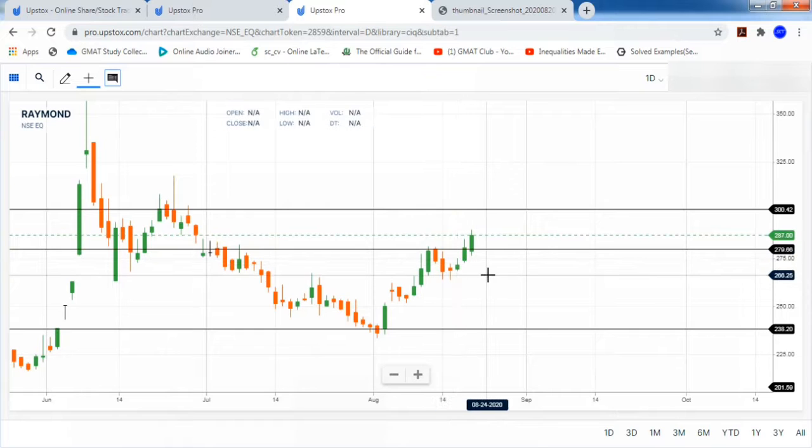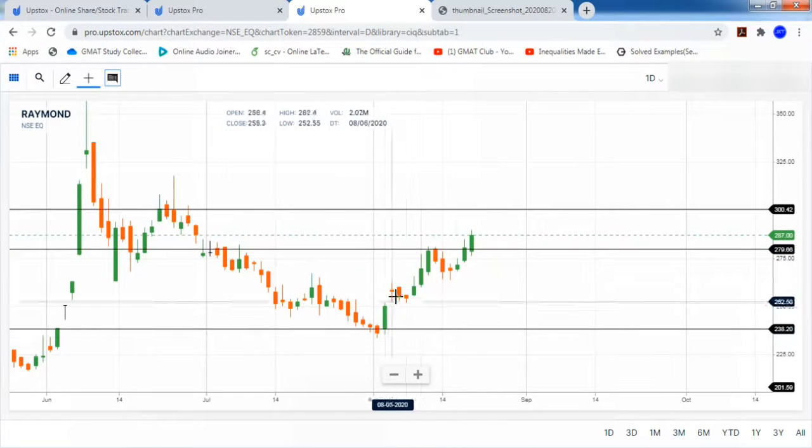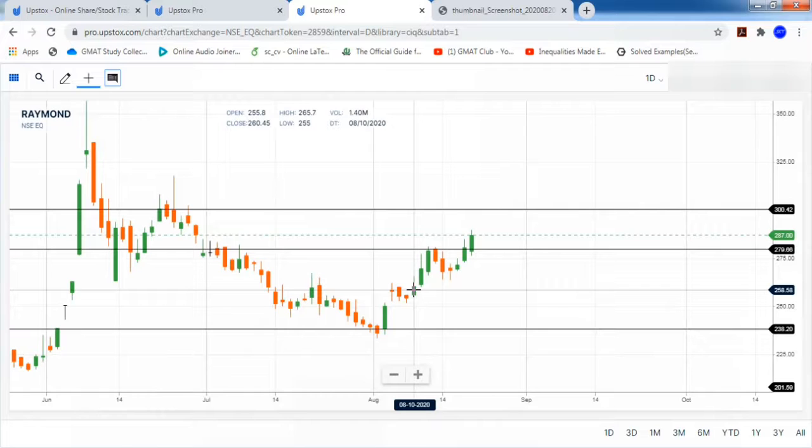My agenda is always the same. We need to get 10% from the stock, and whenever I hit the target, whenever I get my 10%, I exit from the stock, that too if it is at the resistance level. If it is below the resistance level and 10% is already hit, I'll definitely wait for the resistance level. As you can see, on August 10th, when I made this trade at around this level,